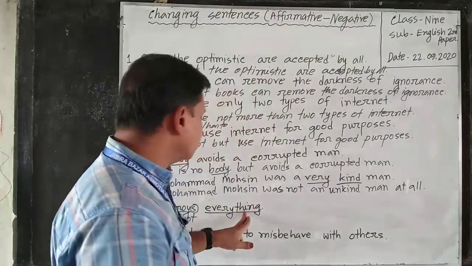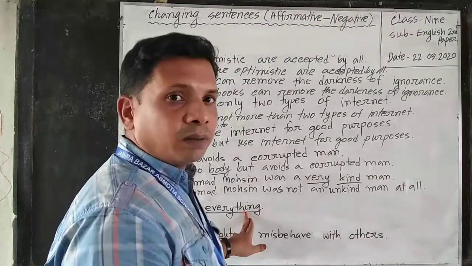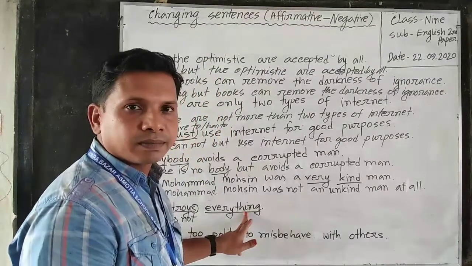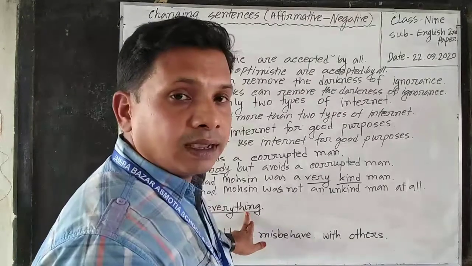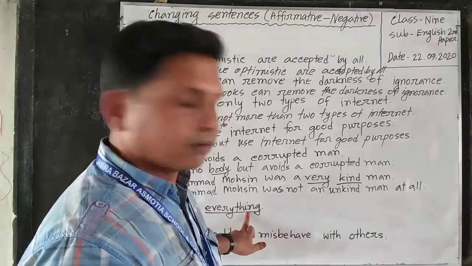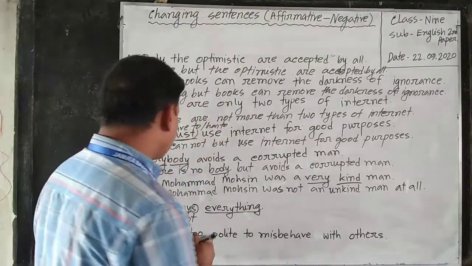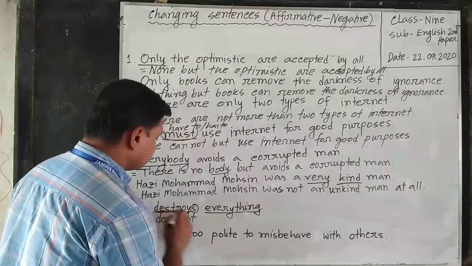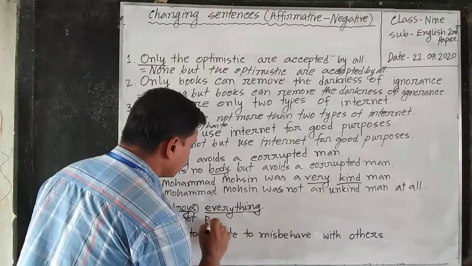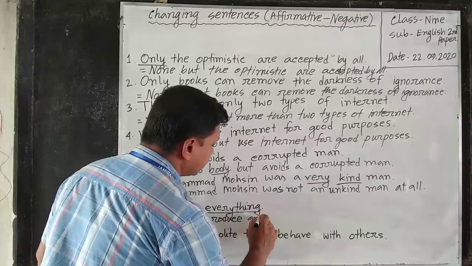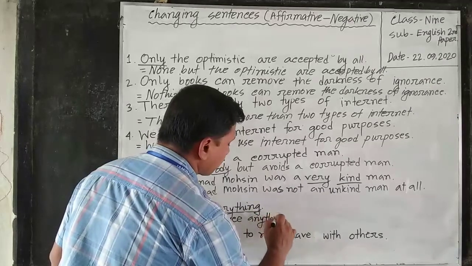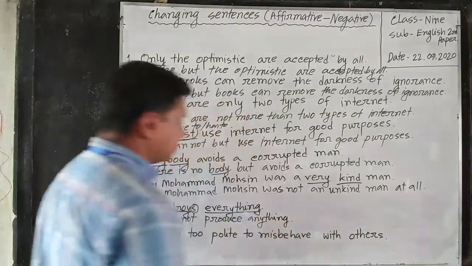Here we have to use the opposite word of this keyword everything. The opposite word of everything is anything. So it does not produce anything. It does not produce anything. Dear students,